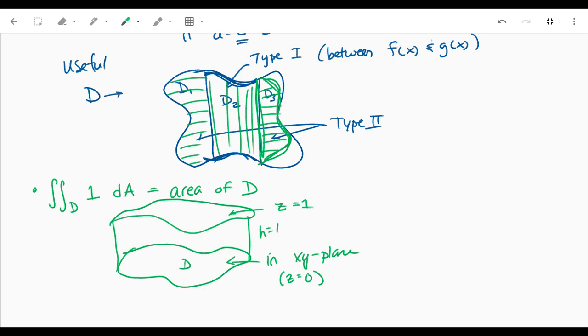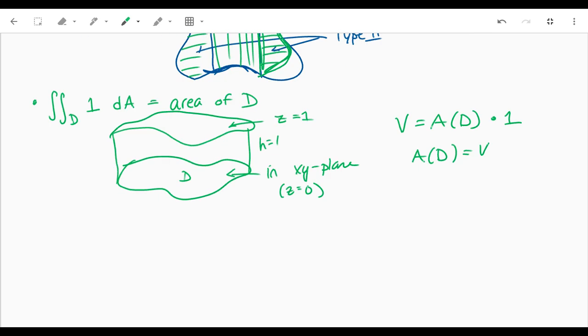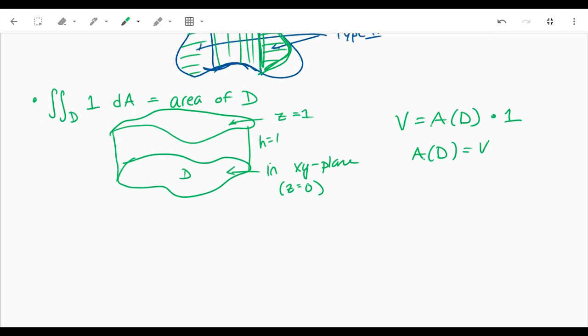Okay, so in this case, the volume would be the area of D times 1. So the area of D is that volume divided by 1. So if you integrate your constant function over that region, you get your area there, which is kind of weird, but it works. And that comes in handy later. And then your last one here,